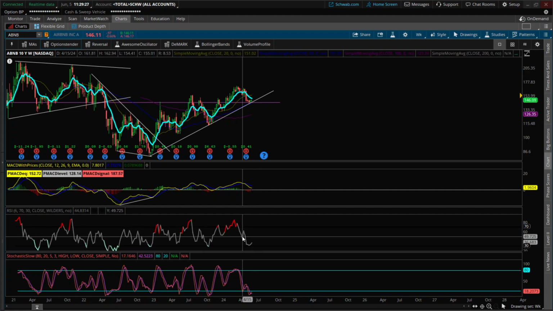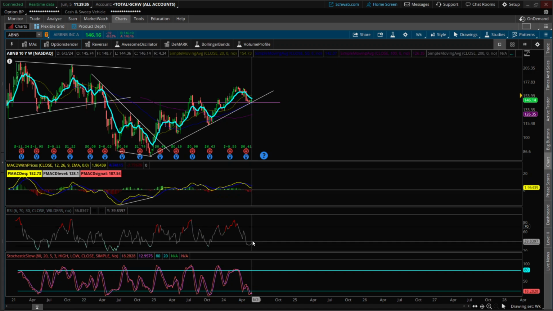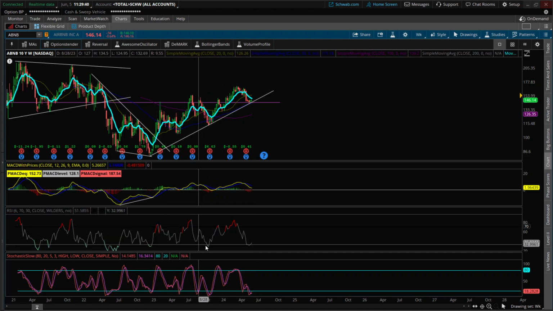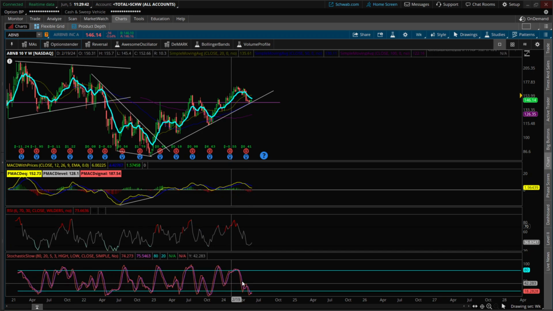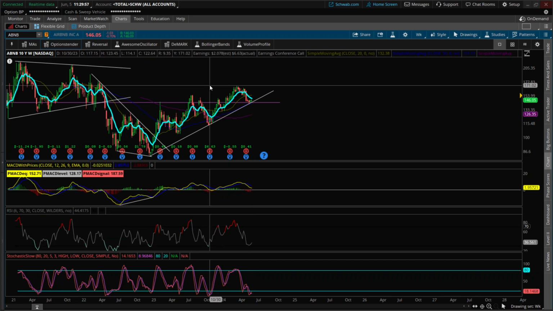We're at support on the RSI on a higher time frame uptrend. Usually around 40 to 30 on the RSI will act as support, and you notice that back here as well. Okay, and looking at the slow stoch, we're getting this very early buy indicator. We need to see this go above the 20 as a buy signal, but this is an early crossover here,